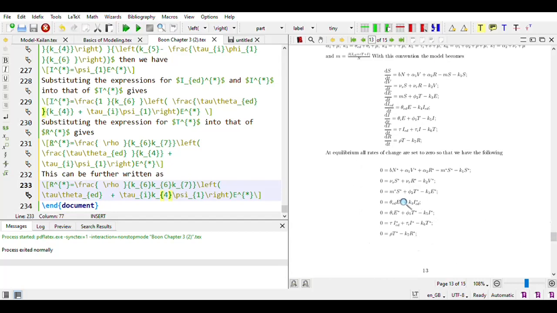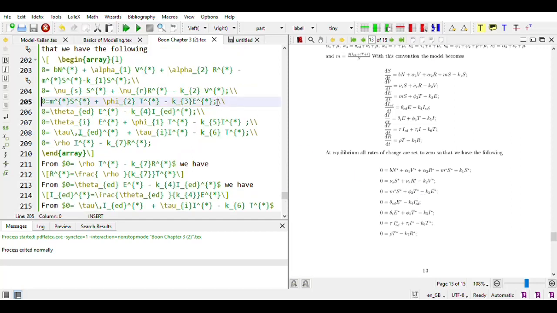So if we find S in terms of E, we can find V in terms of E, in that order. So from the third equation from the top, if we take this expression,